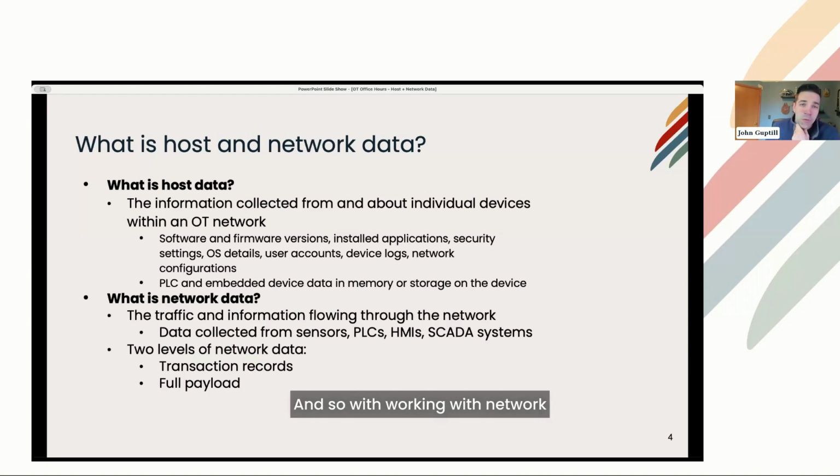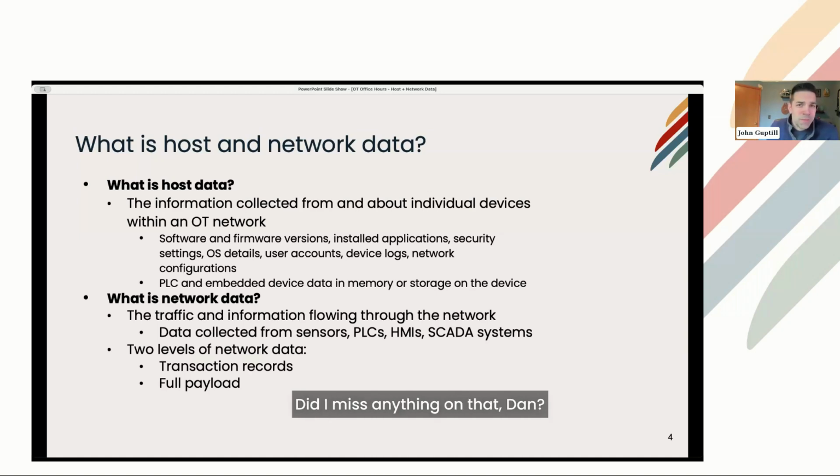And so, working with network data specifically, you're going to want to query those devices or get this during a maintenance mode, or in the case where you're unable to find a maintenance window to pull that information, that's when the host data is going to be most important: pulling that information together at a time when you're not in a maintenance mode.